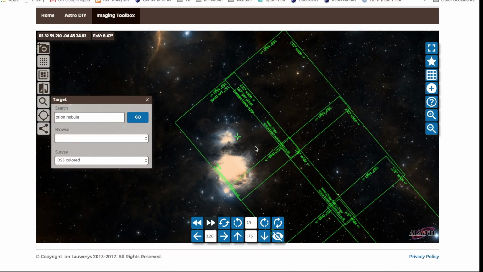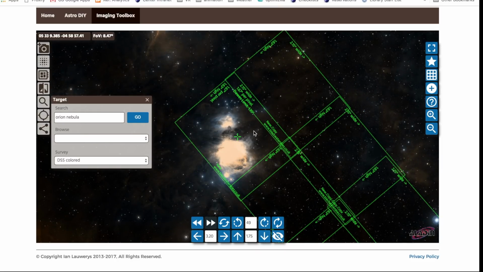So it gives you a really nice relative idea of the brightness of different objects because these were all taken with the same exposures, same equipment. And so I really like this for comparison purposes too. If you're looking for the brightest objects, you can quickly browse through here and find ones that are blown out like this. Another example would be the Andromeda